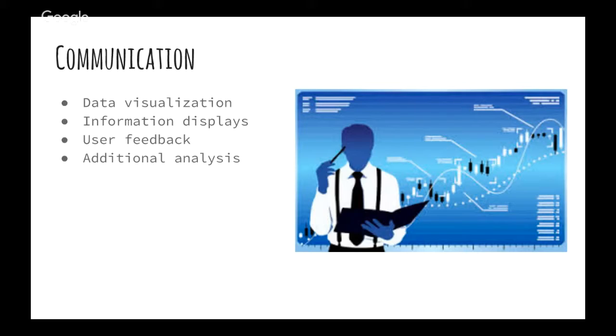So once the data is analyzed, it may be reported in a few formats for the users of the analysis. The users may have feedback, which results in additional analysis. As such, much of the analytical cycle basically revolves around the communication. When determining how to communicate, the analyst may consider data visualization techniques or use information displays such as tables and charts to help communicate key messages contained in the data.